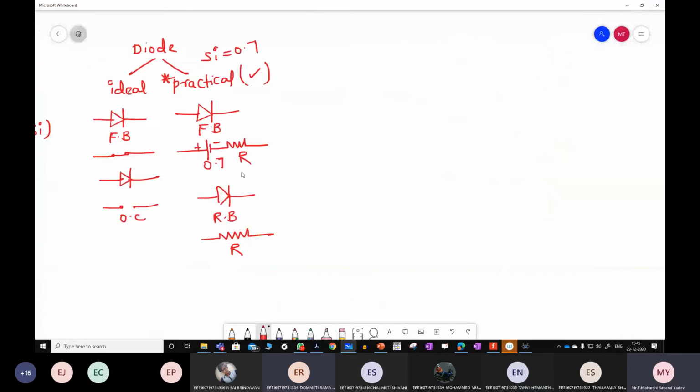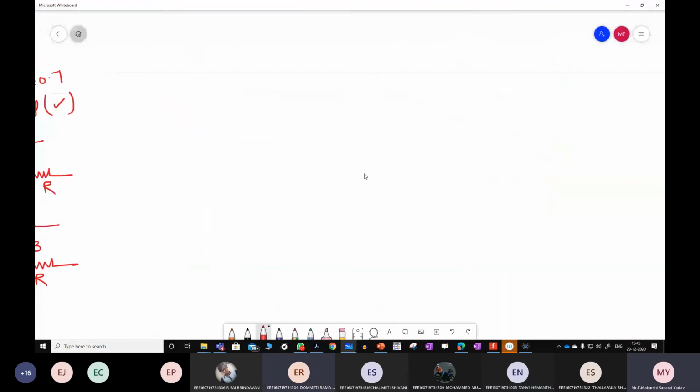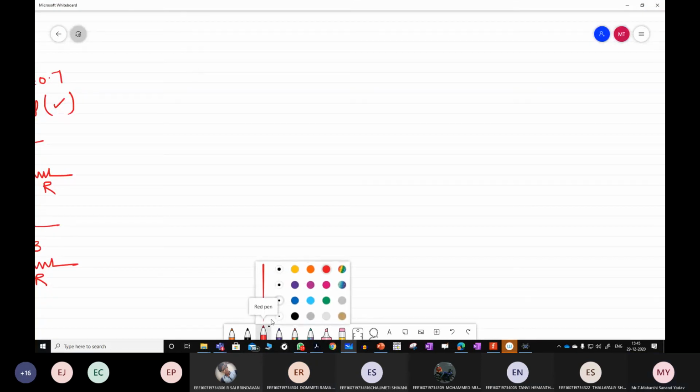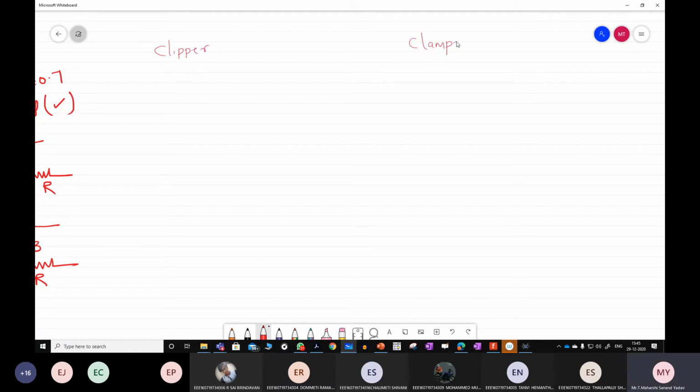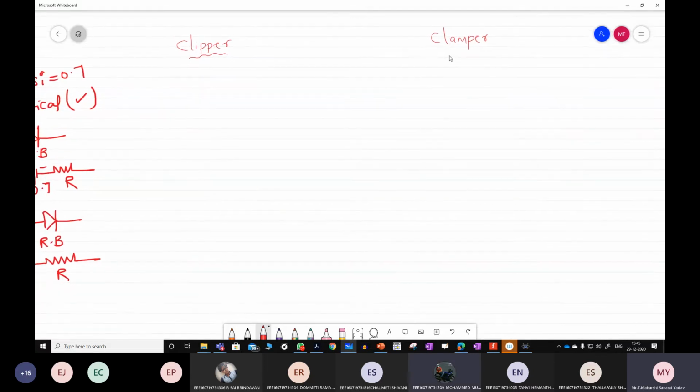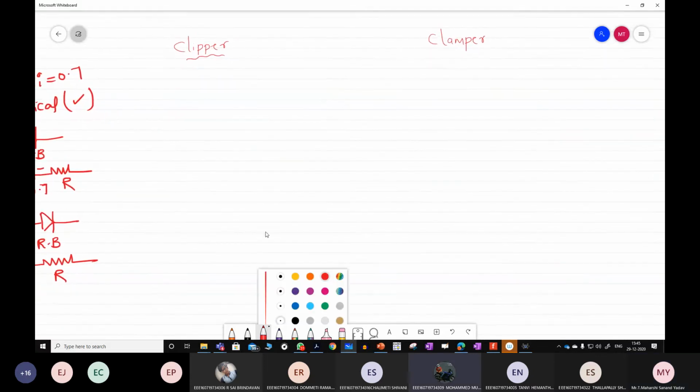Right. So can you tell me the shortcut trick to explain the working of clipper? First, be perfect with the theory so that directly we can do experiments. Clipper will clip the output waveforms. It is a device which is used for clipping the output waveforms.